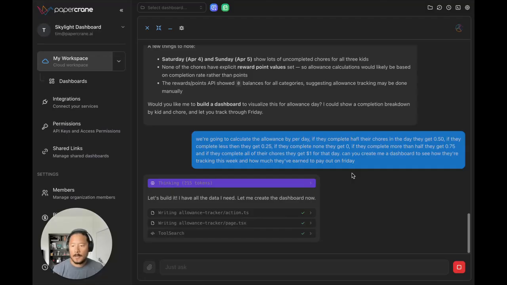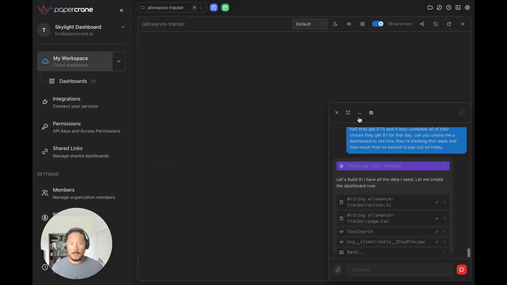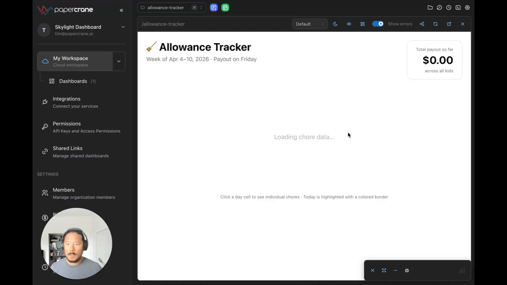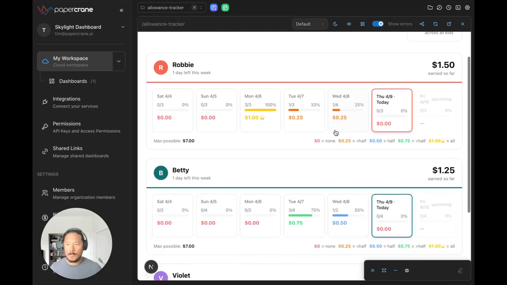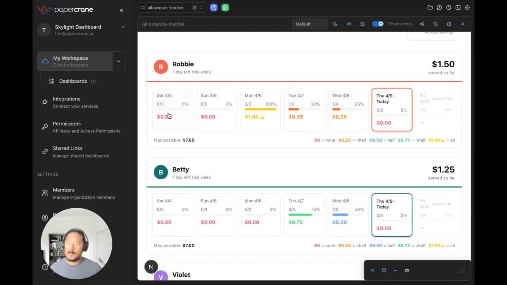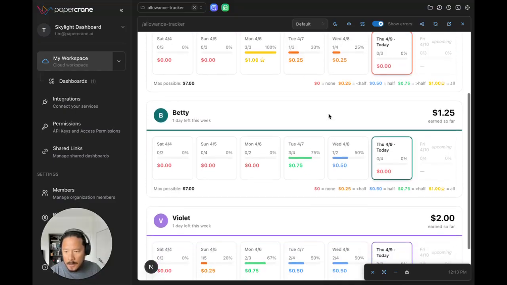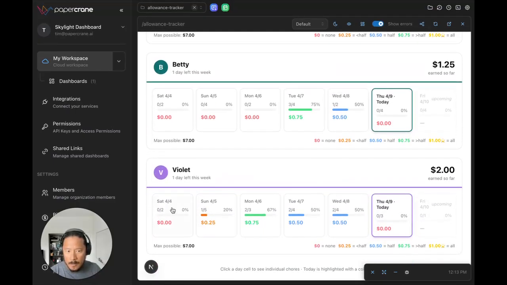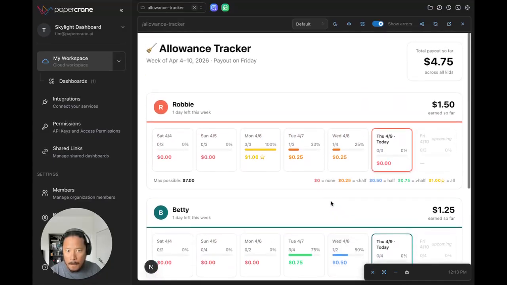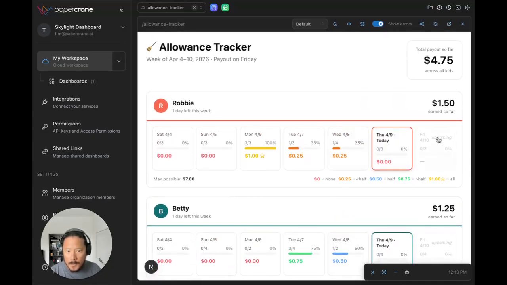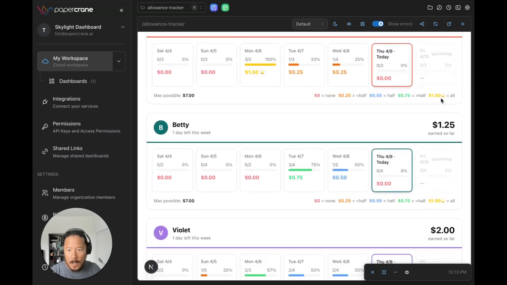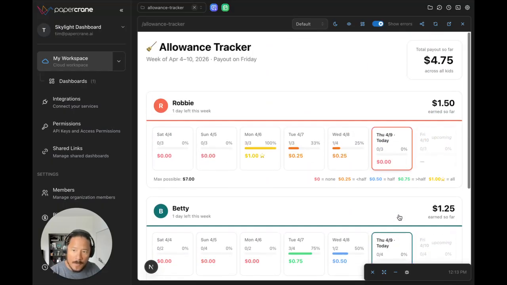All right, let's finish building. Pop it up here. Allowance tracker. So for Robbie, oh, that's my son. He didn't do any chores last week, but he did a few during the week. Violet's usually the best. So this Friday, it will show exactly how much each of them are going to get paid out. And there's lots of different things you can do. You can say,